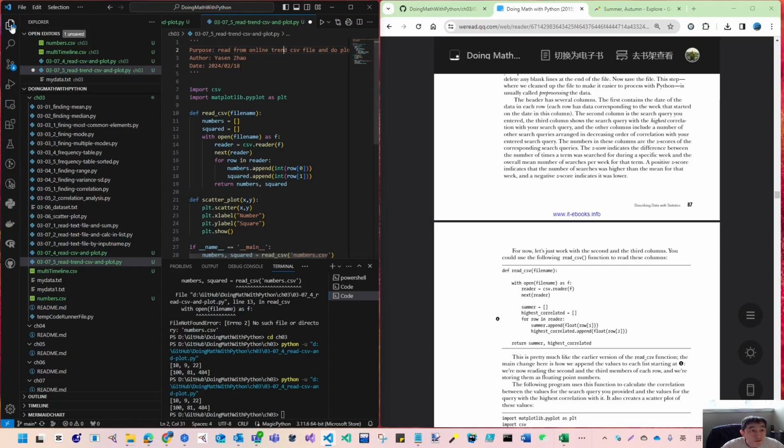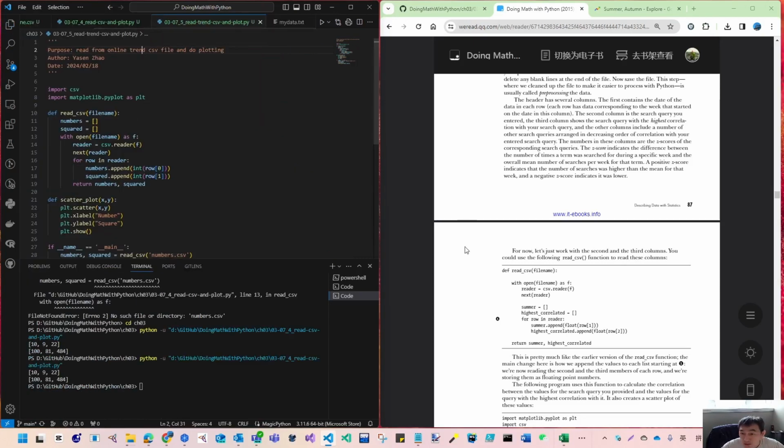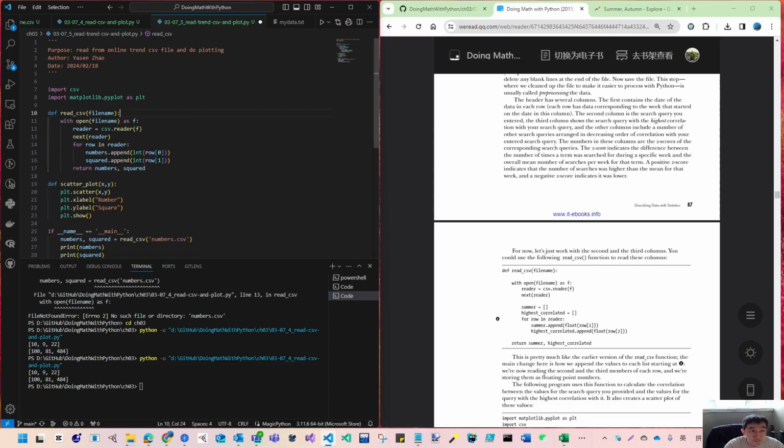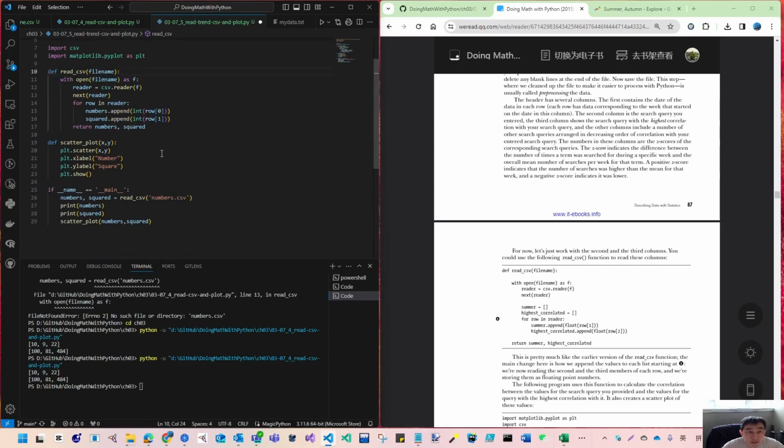Let's see the difference for what's the read file. So now we have this read file and we have a reader. So let's initialize our reader with open. So we don't have this number before, and the reader is with a CSV file as F,